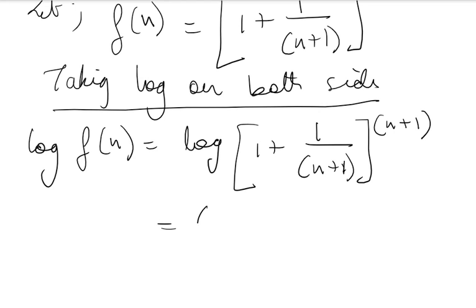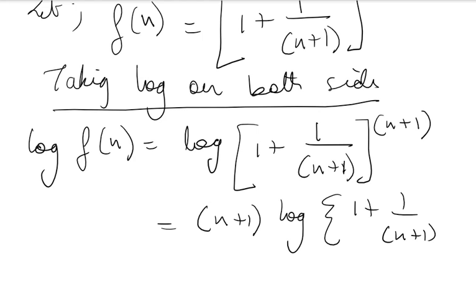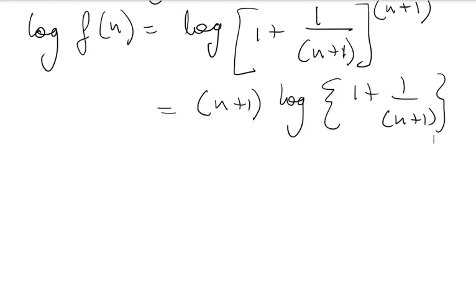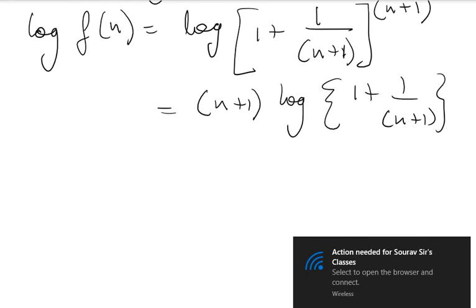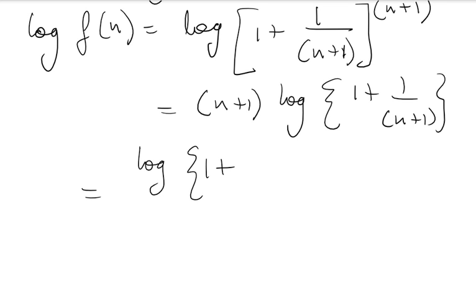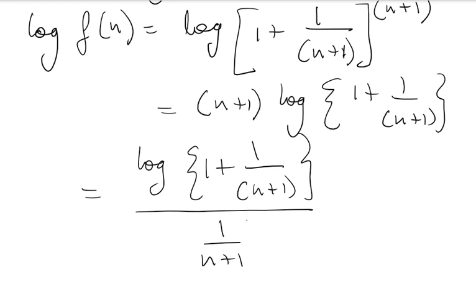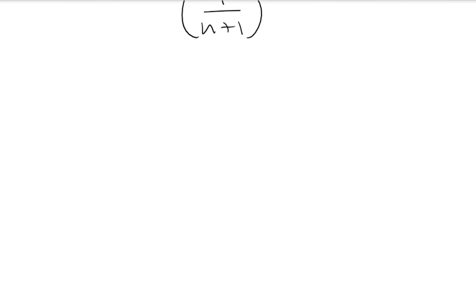So what happens? The n plus 1 comes in front. We have log (1 plus 1 by n plus 1). Now from here what happens? You can bring the n plus 1 down: log (1 plus 1 by n plus 1) whole thing divided by 1 by n plus 1. So why did I do 1 by n plus 1? I'll show you. Now when you take limit n tends to infinity on both parts,